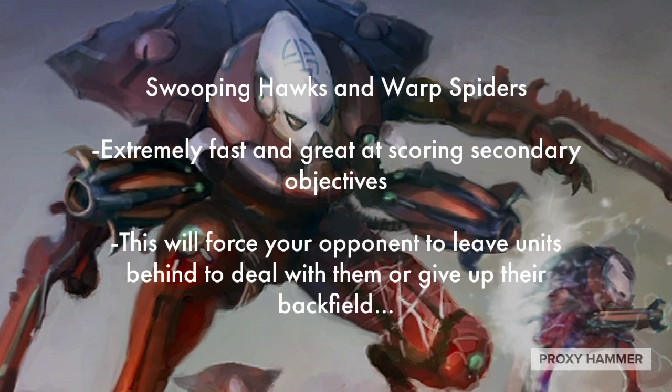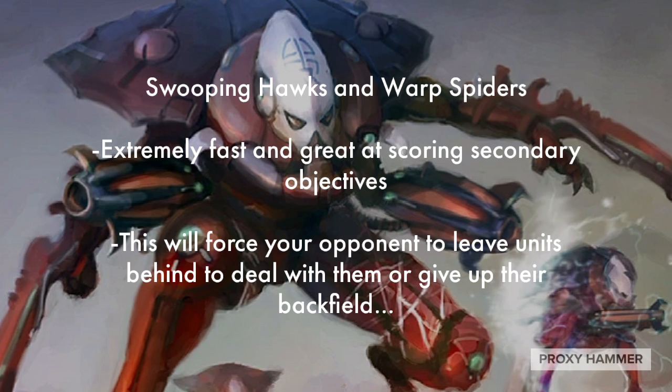They can get behind enemy lines very quickly and score on a plethora of secondaries and make it very easy for you to max out your secondaries on. And Swooping Hawks can just skyleap and deep strike anywhere they want, whenever they want, the next turn. And because this is done at the end of your opponent's turn, they're going to have to worry about those